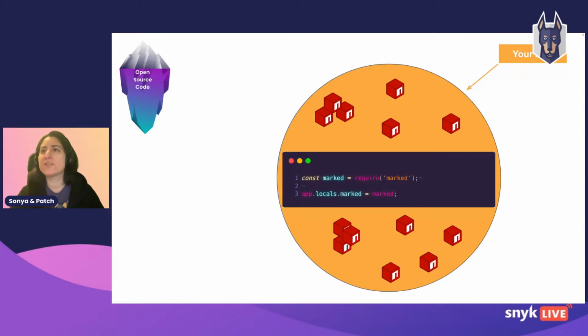So we have a few questions that we need to keep in mind. Are we aware of all the packages that we have? Are we aware of all the dependencies and sub-dependencies that we have in the project? Also, do we have a good understanding of the indirect and transitive dependencies? Do we have tools that help us having that level of understanding and visibility? But also, what are the risks when we bring a dependency into our code base? I know that's a lot of questions, but let's see some numbers around that.